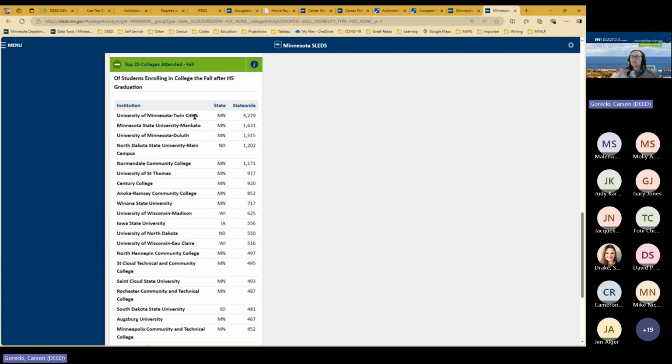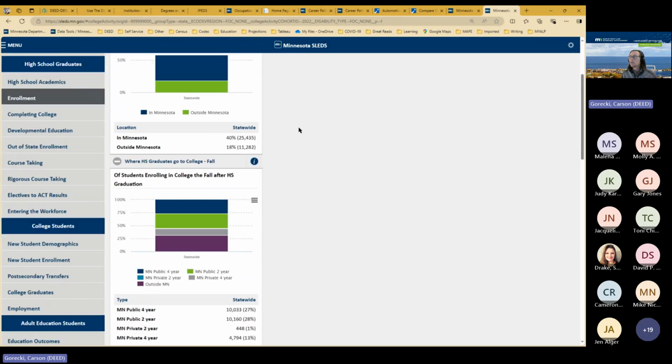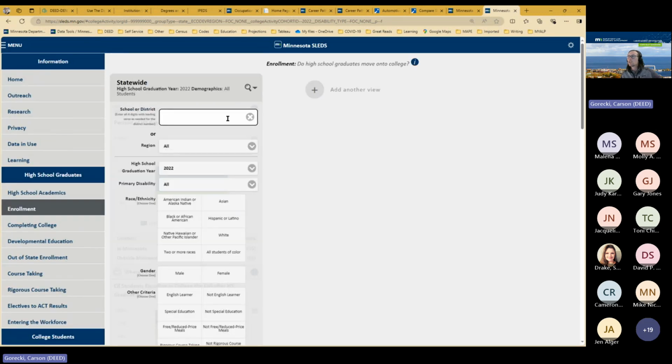So U of M Twin Cities is number one, then Mankato, Duluth, NDSU. This is super interesting when you look at the region. This is all statewide data, and you can search for your own school district or region. So let's see, someone shout out a school district, and let's see what theirs is